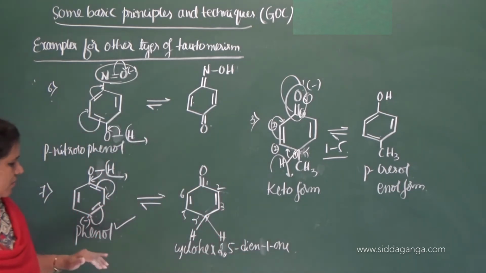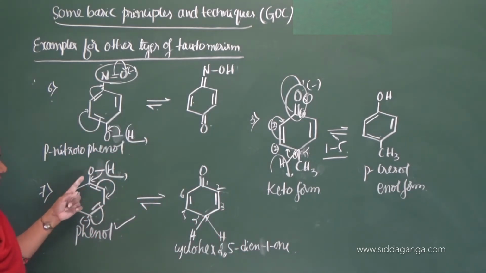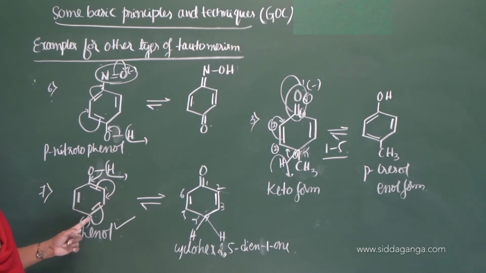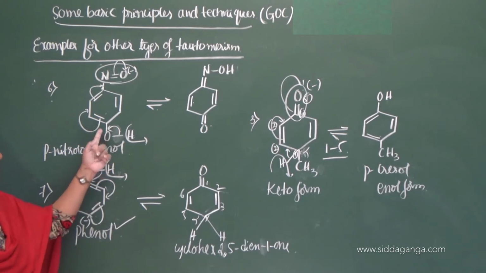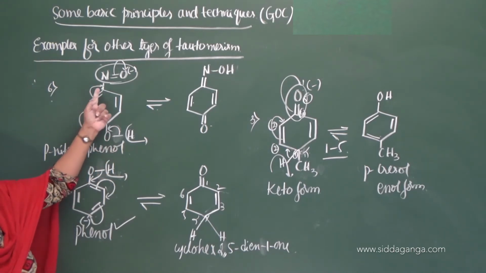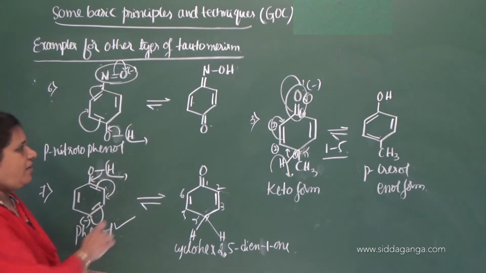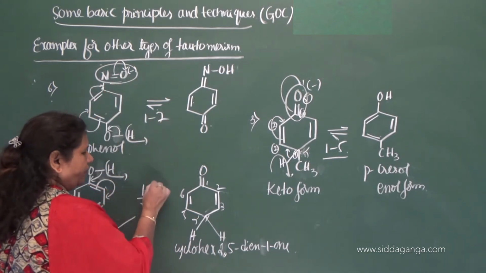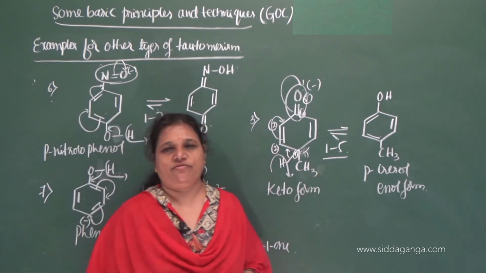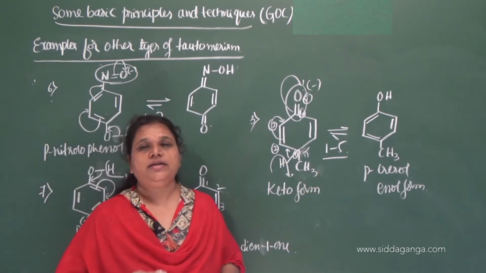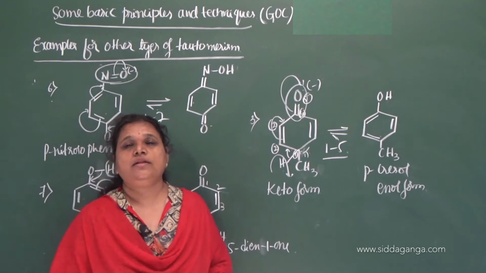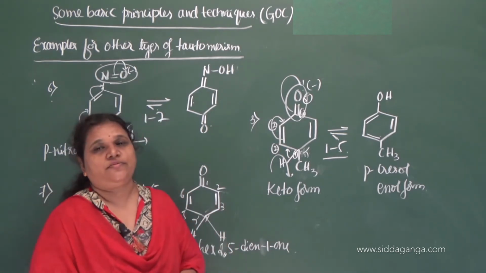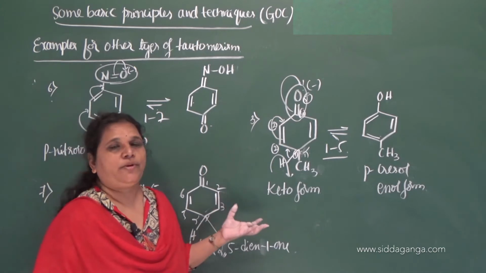What about this? So this also involves, here, 1, 2, 3, 4, 5. 1,5 shift. Here also 1,5 shift takes place, and here also 1,5 shift. Here, look, 1, 2, 3, 4, 5, 6, 7. So here 1,7 shift, and here 1,5 shift, and here also 1,5 shift. So this is about the other examples for the other class of organic compounds, where we can also get tautomerism, and in ring structure also we will get tautomerism, and this is very, very important.